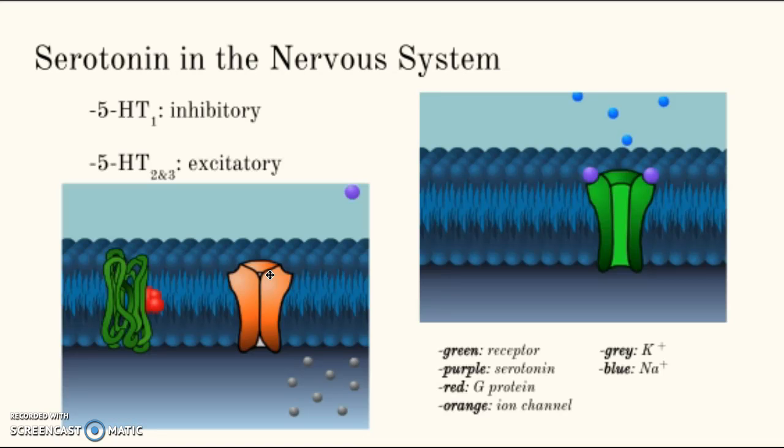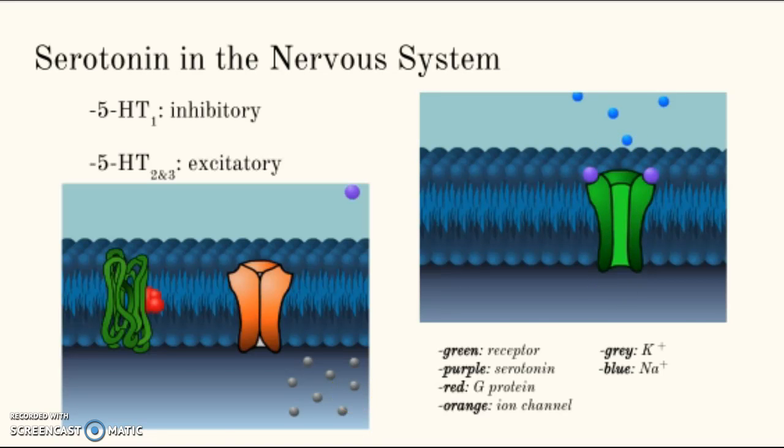In the 5-HT2 receptors, the activated G protein causes a potassium channel to close, resulting in the buildup of potassium ions inside the cell, depolarizing the cell membrane. Unlike 5-HT1 and 5-HT2, 5-HT3 receptors are comprised of binding sites and ion channels. When serotonin binds to these receptors, the central channel of the receptor opens, allowing sodium ions into the postsynaptic neuron